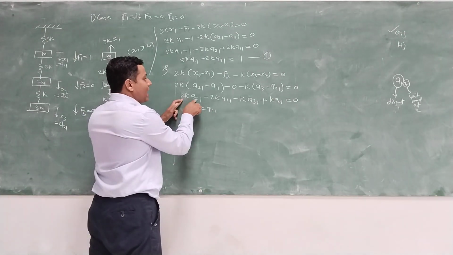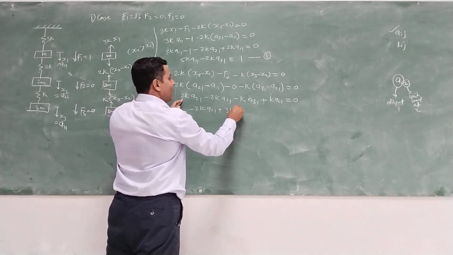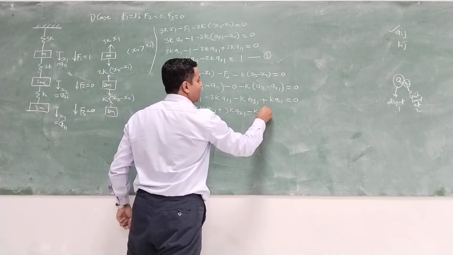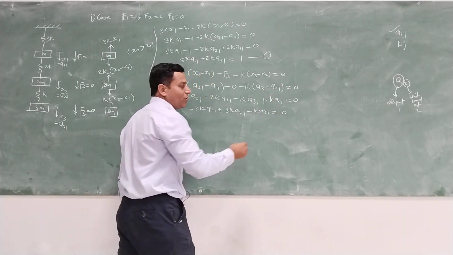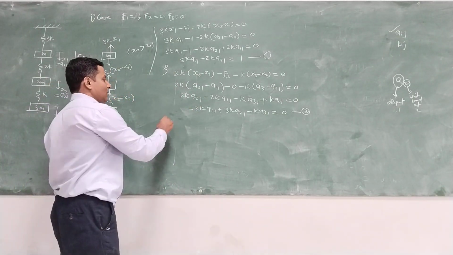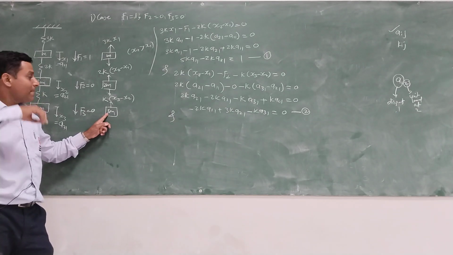Now 2k a21 and k a21 make 3k a21, minus k a31 equal to 0. Equation number 2. Now we'll write the third equation, and see what will come: